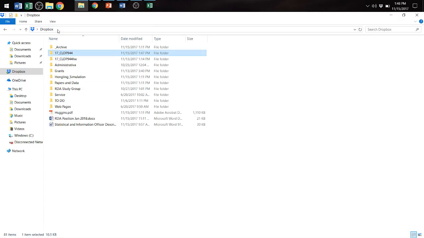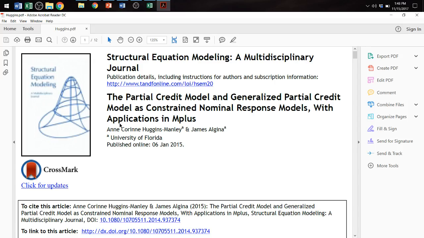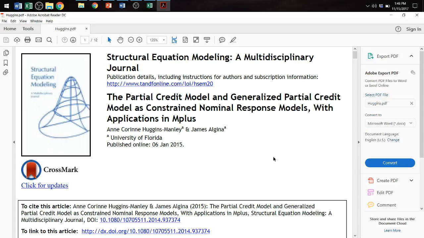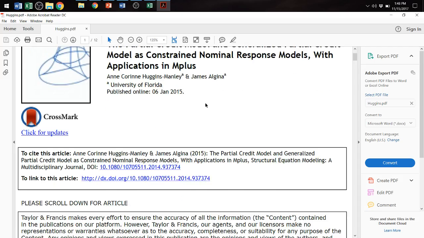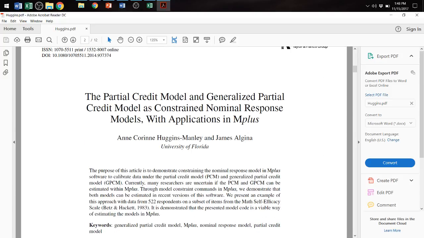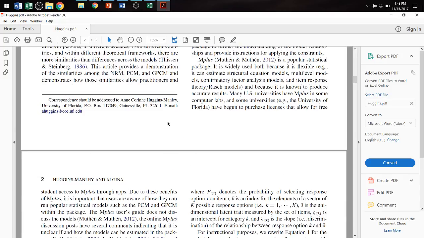Can I show you guys something real quick to make you feel better maybe? Because I think some of you might hate me right now. Did you know that I don't know everything? Even about statistics? So my dear husband sent me this article because it's relevant to something that I'm working on, which is how to estimate a certain type of IRT model in M+. And I started reading it while you guys were doing your quiz. And I came across,